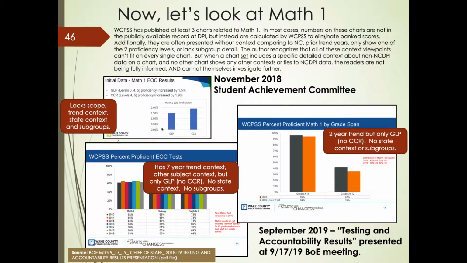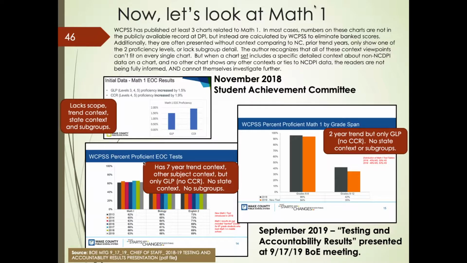It does not show trend context. It only shows basically 1 year to the next. So it's basically one data point showing a change from 1 year to the next. It doesn't show the prior years, so you can't see if that was a trend that was normal or not. It doesn't show any context with the state or any other districts, and it doesn't show any subgroups. Now, obviously, you can't put all of those things on every chart. But again, this chart really just shows these two data points for this 1 year